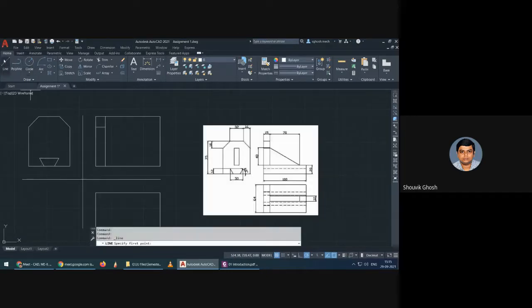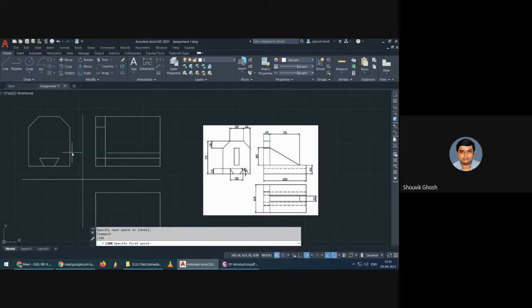So now using the same figure and tracking the hidden line over here. From the front view, we can have this 20 gap. So from here, 20. And a line is present up to here.